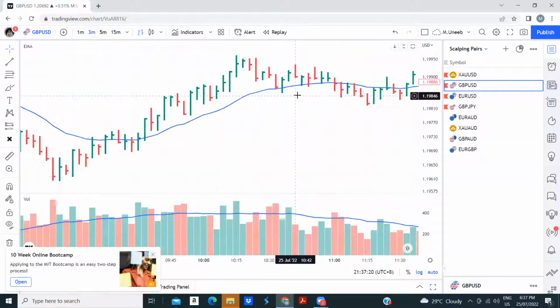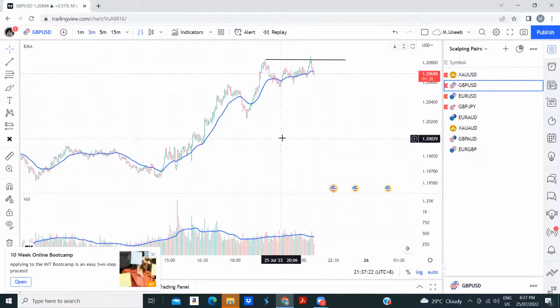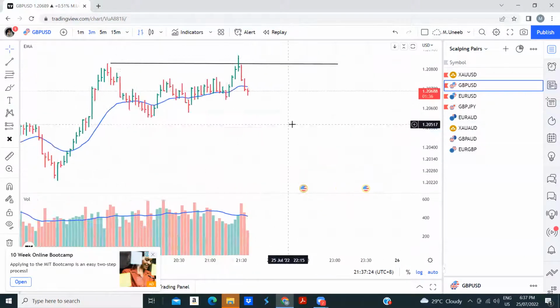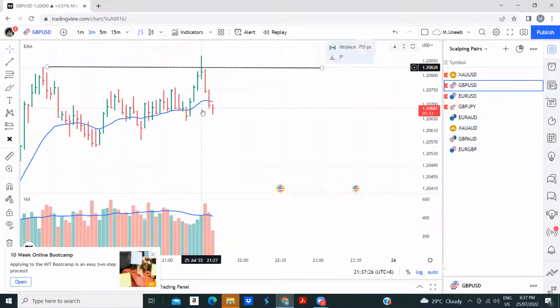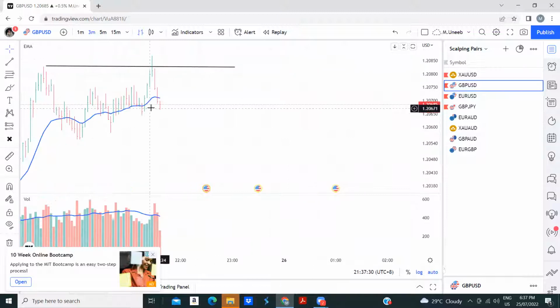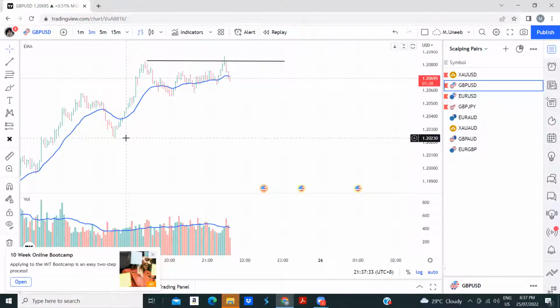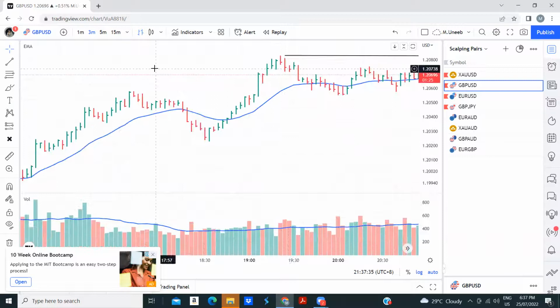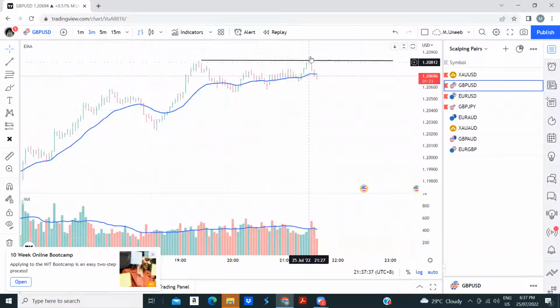Now we are on a 3-minute time frame. You see now. Oh, I was right. We could have made money this way as well, right? What do you think? Yeah, 2R from here, 2R from here, 4R.